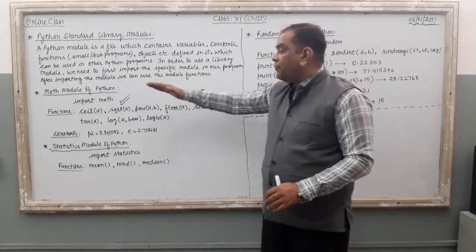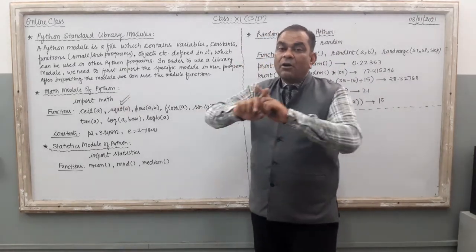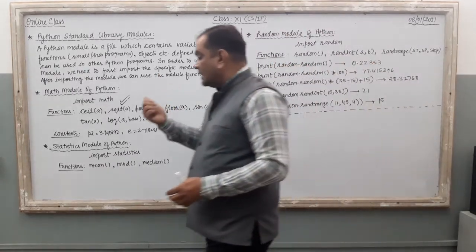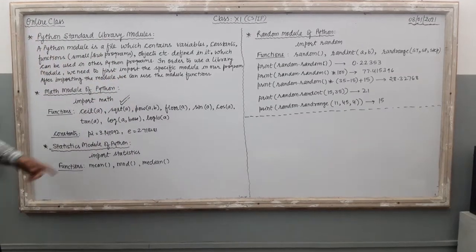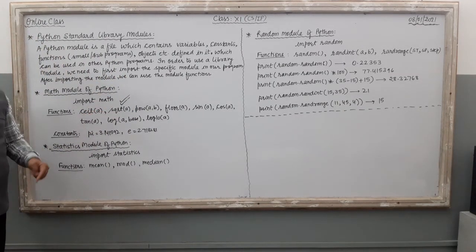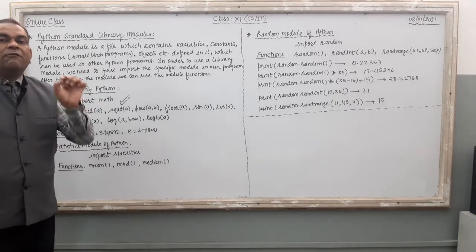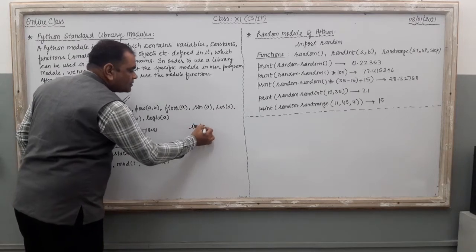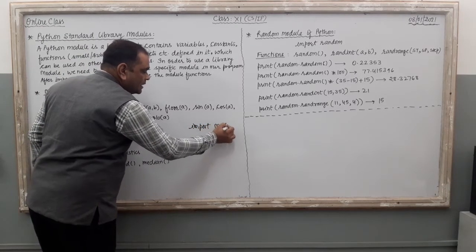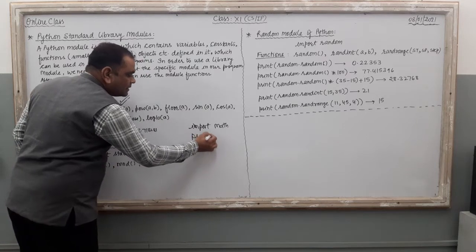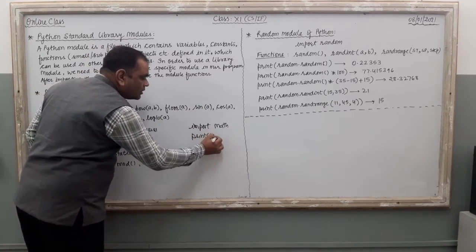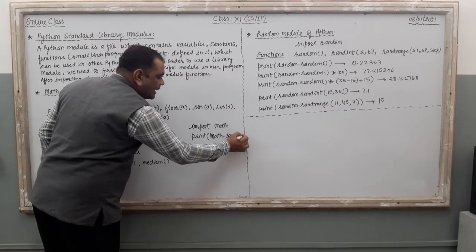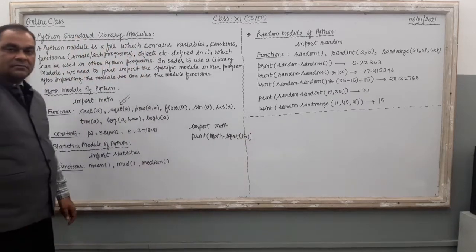Right? And if you do not write this command, you cannot use any function that is there in the math module. Now just see what these functions are and how we can use them. Suppose in my program I want to get the square root of 50. For that, my code is, just see my program here. In the very first line I use import math. In the next line, I use the print statement and then math.sqrt and then 15, like this.